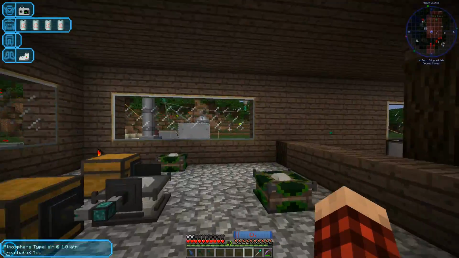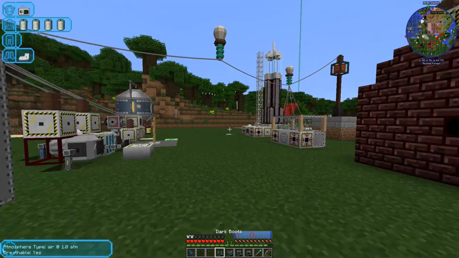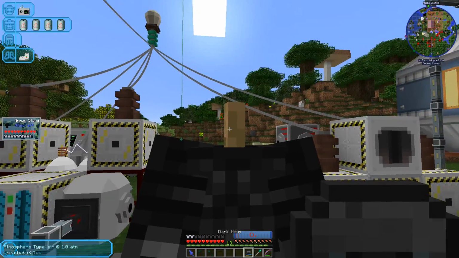Oh, actually, you know what I can do? Let's do it out here. Okay. I'm being super careful. Oh my goodness, I'm nervous. It's the first launch. The first launch is always the sketchy one, because if something goes wrong...